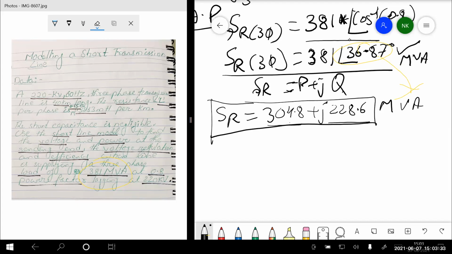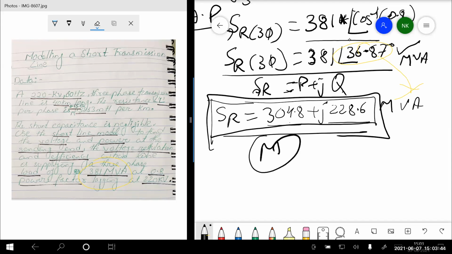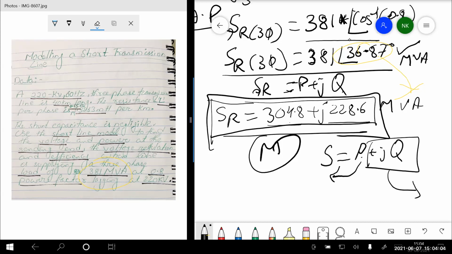Apparent power we use to calculate this whole equation. In this particular equation we use only the magnitude of that. Remember this: we use the magnitude. But whenever you write apparent power as P plus jQ and transfer it to polar form to find the magnitude, you can't use only the magnitude of this part and ignore this part. So this angle is used to find the power factor of the system.